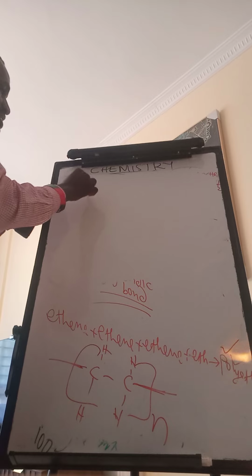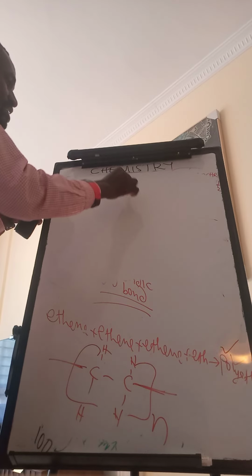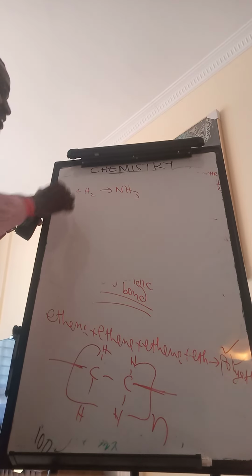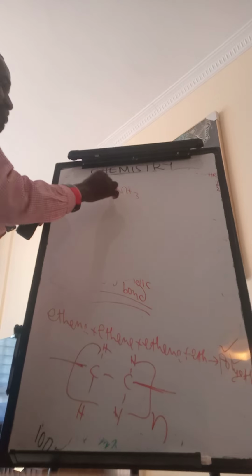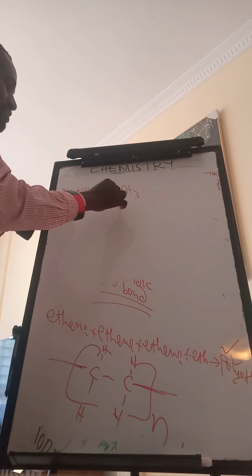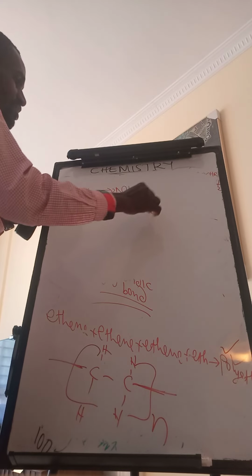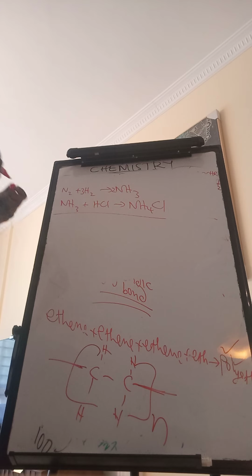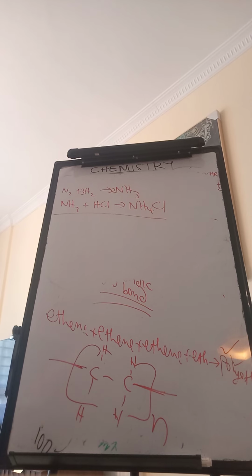N2 plus H2 to give you NH3, isn't it? Then the person says, of course, this is 3, this is 2. Then the person says NH3 plus HCl. What do you get? NH4Cl. So you can say a reaction mechanism has to employ that aspect of an equation getting represented,